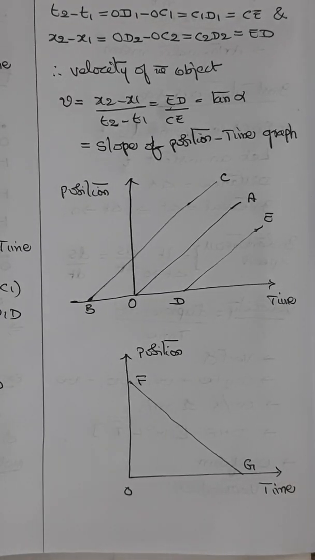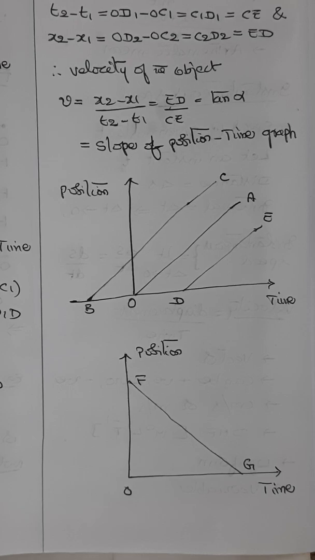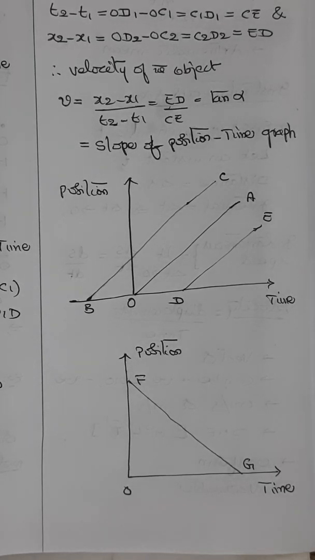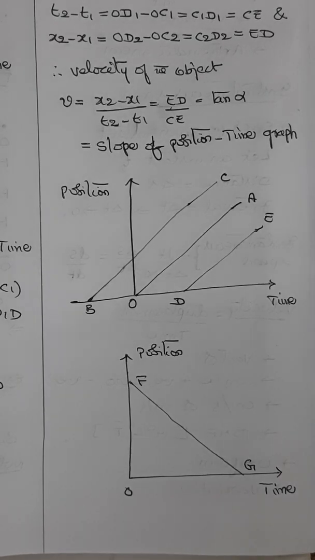So if we summarize this session, we tried to understand the distance and also the displacement, geometrical representation, characteristics of displacement, speed, uniform speed, non-uniform speed known as variable speed, average speed, its formulae showing that average speed is equal to the harmonic mean of the individual speeds, and also understanding that average speed is equal to the arithmetic mean of the individual speeds, and then we looked at instantaneous speed, then velocity, uniform velocity, non-uniform velocity, uniform motion in a straight line, important features to be understood with respect to uniform motion, obtaining formula for uniform motion, velocity time graph, and then position time graph and its characteristics. This is what we have seen in this session today.